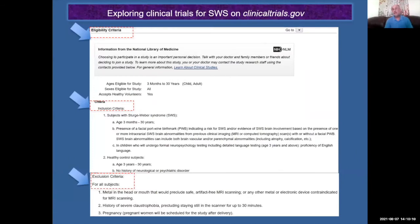And if, based on this, you are interested in the study, the next page will tell you the eligibility. So you can assess whether or not you are eligible. So it shows you the time frame. Right now, for example, our study, which was previously a pediatric study, is now involving young adults. So we are able to test those who are young adults up to 30 years of age,